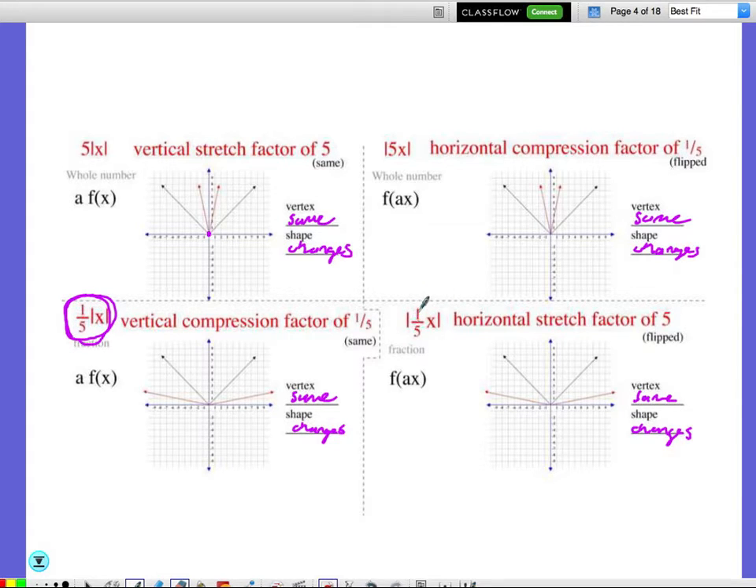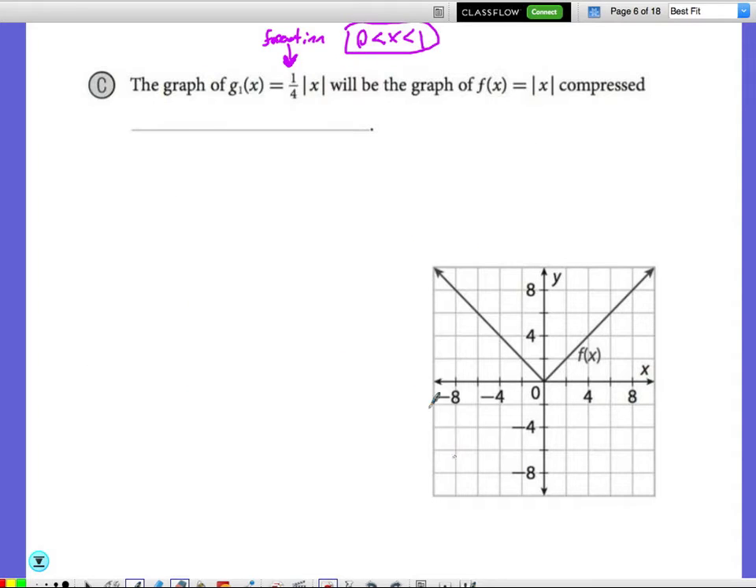Notice that here we have the fraction inside the absolute value, so we're not looking at that one. We call this a vertical compression factor of 1 over 5. So it's compressed vertically by a factor of 1 over 5. Or in this case, it's 1 over 4. Alright, now